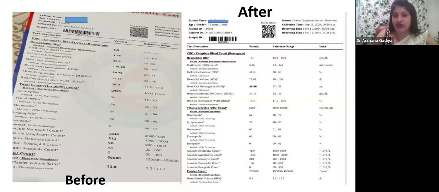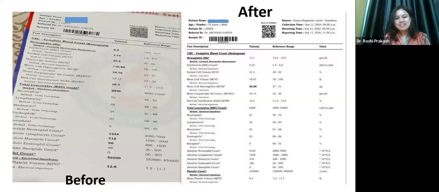Okay, so let's have some quick discussions. Anybody with some analysis of this case? The remedy of both the cases is the same. So anyone with the remedy or analysis? Okay, most of the people have already written there's a feel of Arnica in this case. Okay, great.